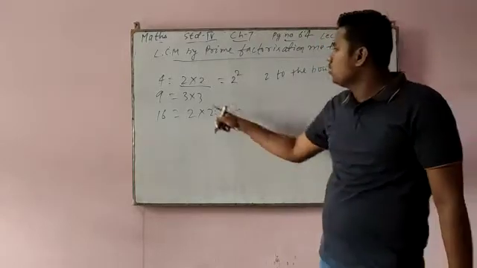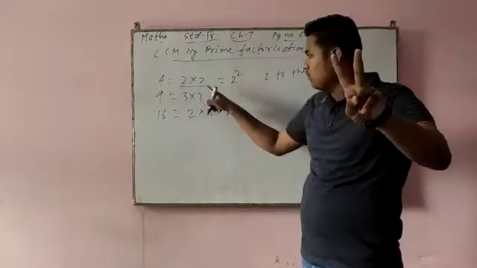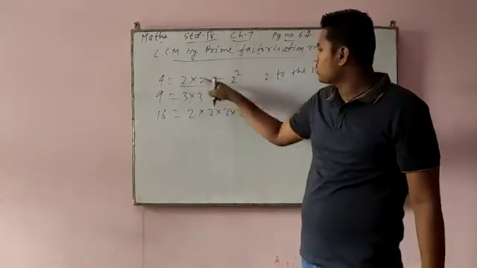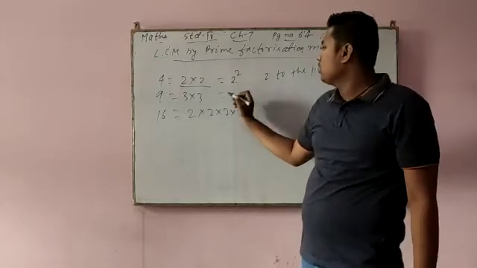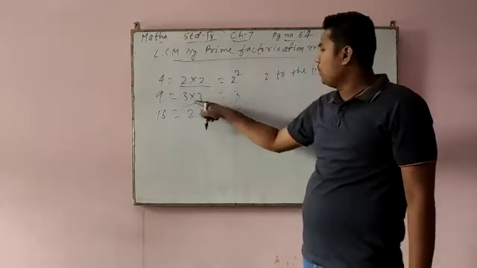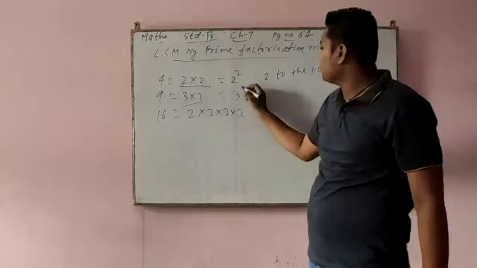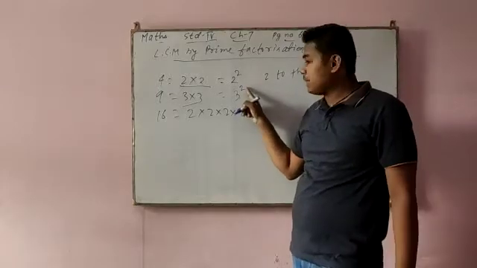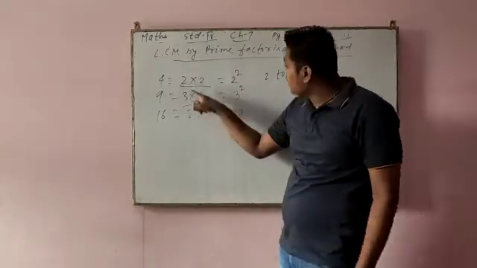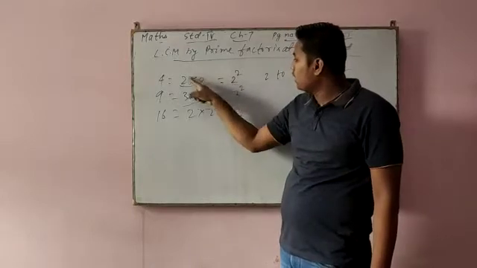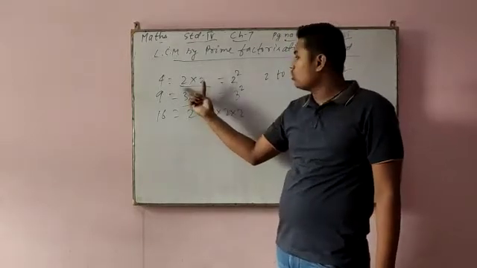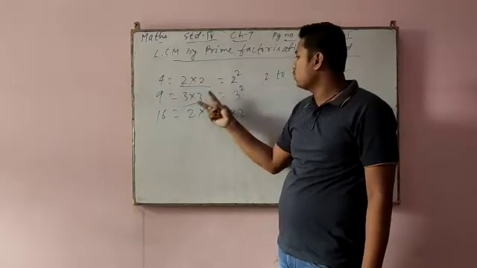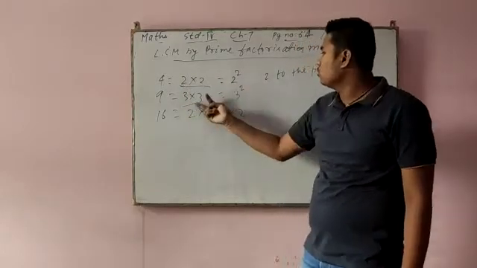Okay. There is 2 2. First, 2 is there, so write 2. How many numbers are there? Two numbers, so give the power 2. Here the number is 3. How many total are there? Two, so give the power 2. Do not give the power of 3. Whatever number is there, that you will write. Here 2 is there, so 2. Here 3 is there, so 3. But how many total are there? Two, so power 2.